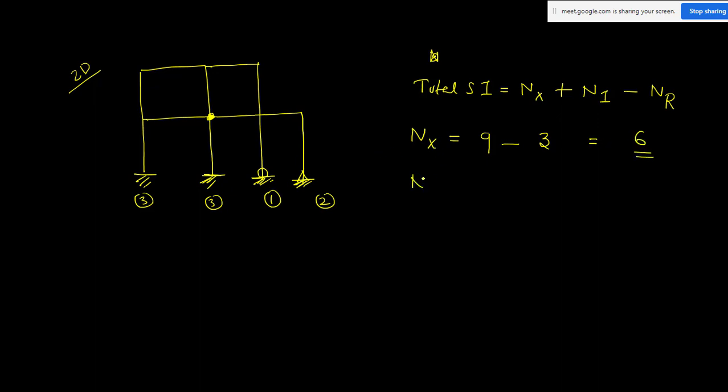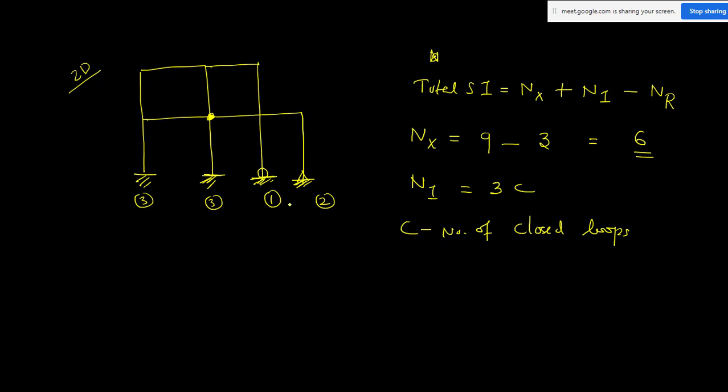So what is the value of Ni? That is 3 times the number of closed loops. For every closed loop you will have 3 unknowns, because if you take a cut, you will get 3 internal forces as unknowns. That is why it is 3 into C. C is the number of closed loops. So Ne will be 9: 3 plus 3, 6, 1 at the roller support, 2 at the hinge.